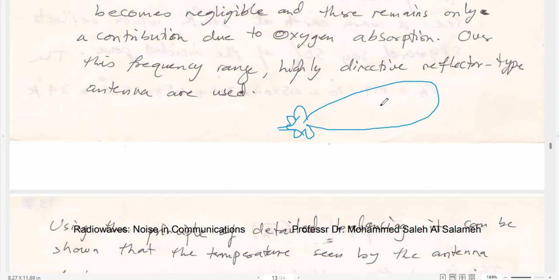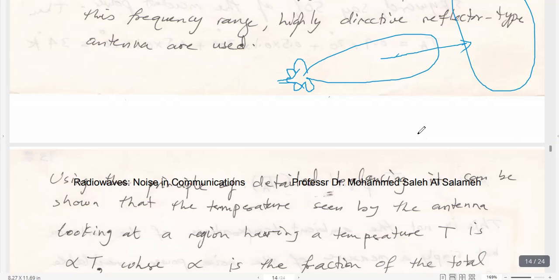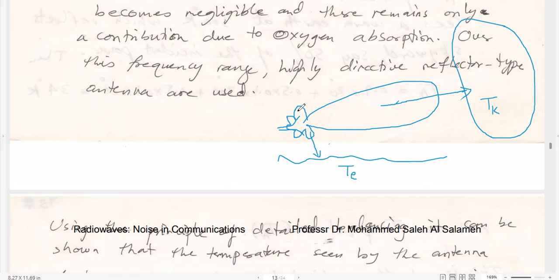Now if the main beam, for example, is radiating towards a certain body here, for example the sky, with a certain temperature Tk, and these side lobes are radiating towards the earth, for example, this is the earth with another temperature, Te, and if those are for example radiating towards another object with a different temperature, TL, for example, then